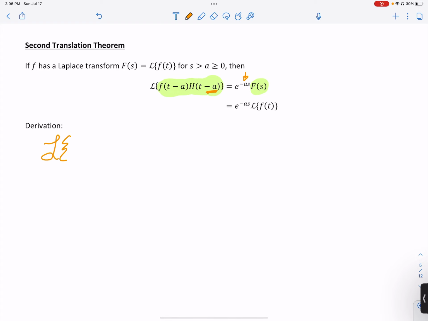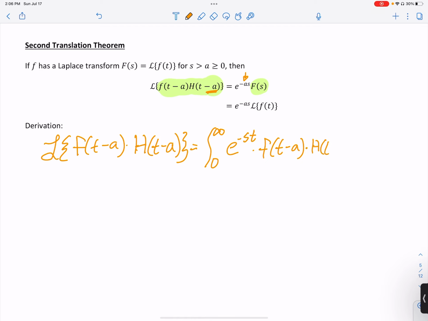So we're taking the Laplace of f of t minus a times h of t minus a. We're just going to run through the definition here. All right, this is 0 to infinity of e to the negative st, times f of t minus a times h of t minus a. Now remember from that last video, what this thing does is moves my function over to a. So the Heaviside function kills f up until a. It's a 0. So what that means is if I split this up, 0 to a of this junk,